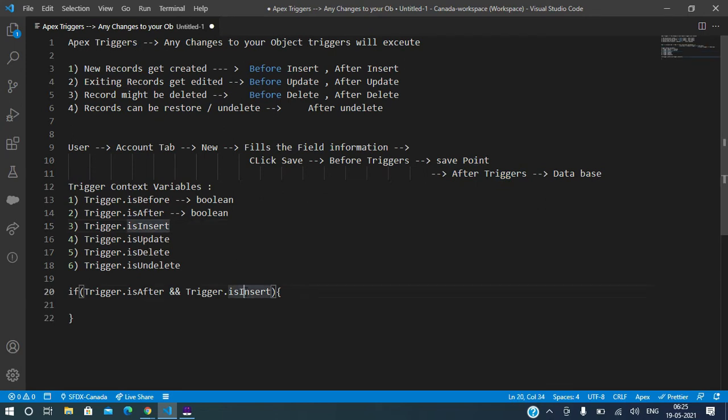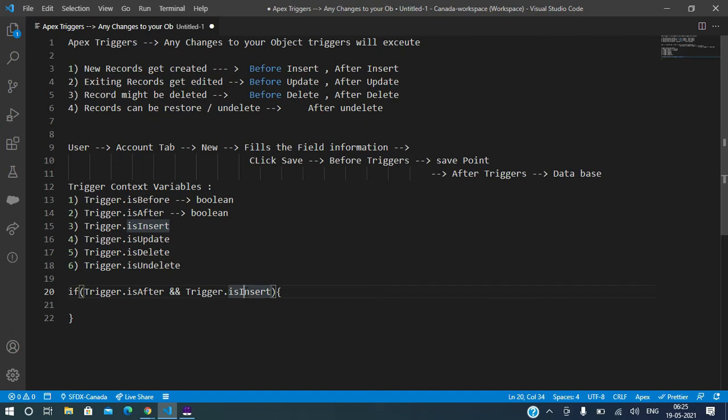And when will isInsert be true? When you are creating a record for the first time. If it is a new record, then it will be true, isn't it? What is insert? Insert means creating a new record, right? Yes. This will be true in this case.